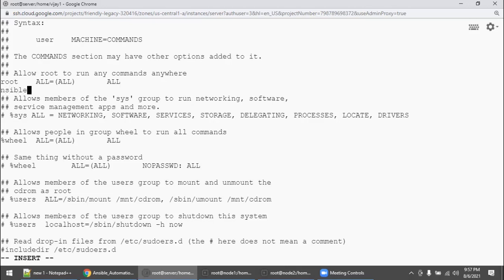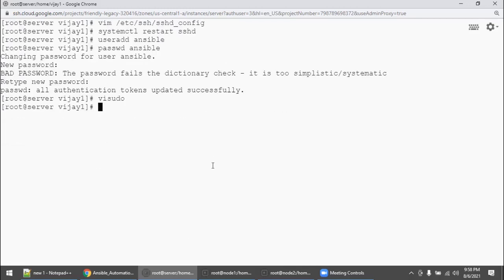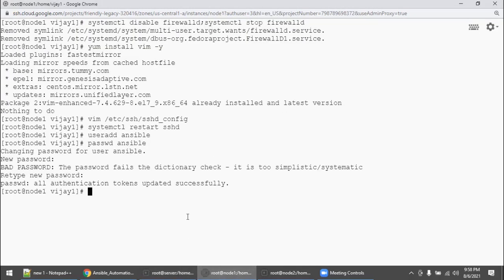Instead of root, we are going to say ansible as the user, and ALL=(ALL), exactly the above line. But here we should not be asked to type a password, because we are discussing automation. So you need to copy this and add the line in all the machines. Go here, node 1, visudo.